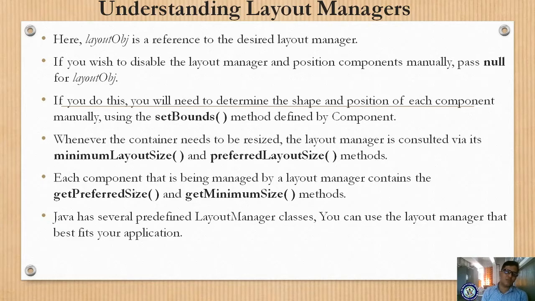Java has several predefined layout manager classes. We can use the layout manager that best fits our application, so we have to use whichever layout manager suits our applications.